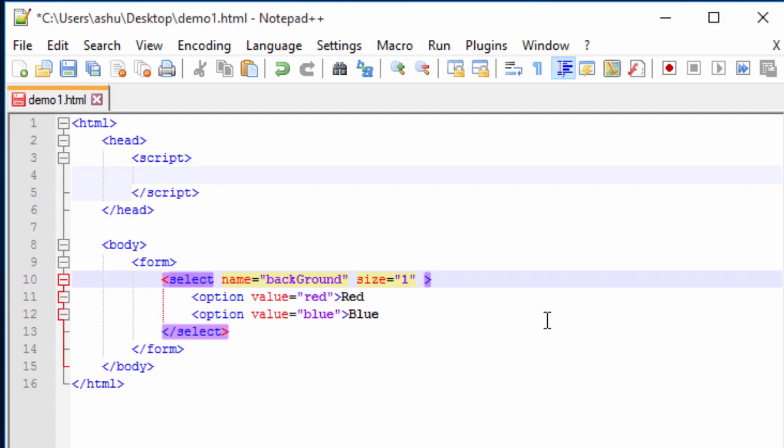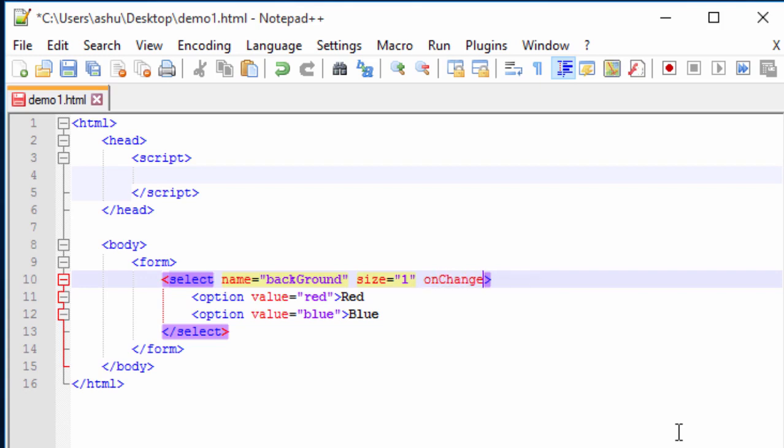And the next thing which we want to specify is going to be the JavaScript method, which is the onChange method. And this method pretty much allows you to change the color on selection of a particular option. So in order to do that, we type onChange, and make sure that the C is capital.